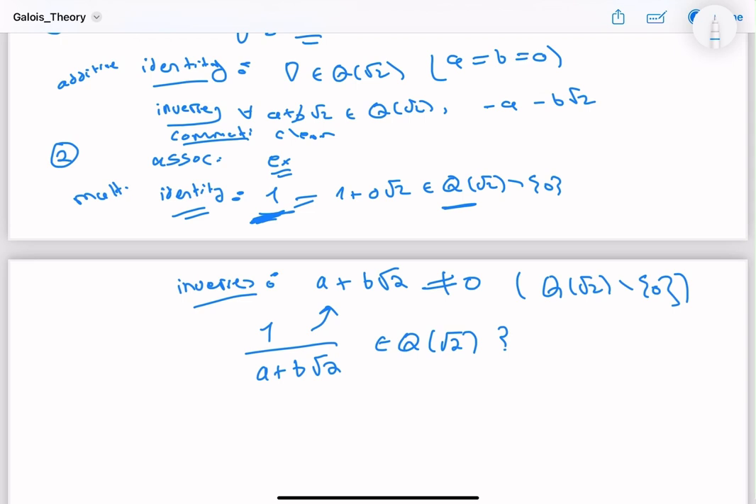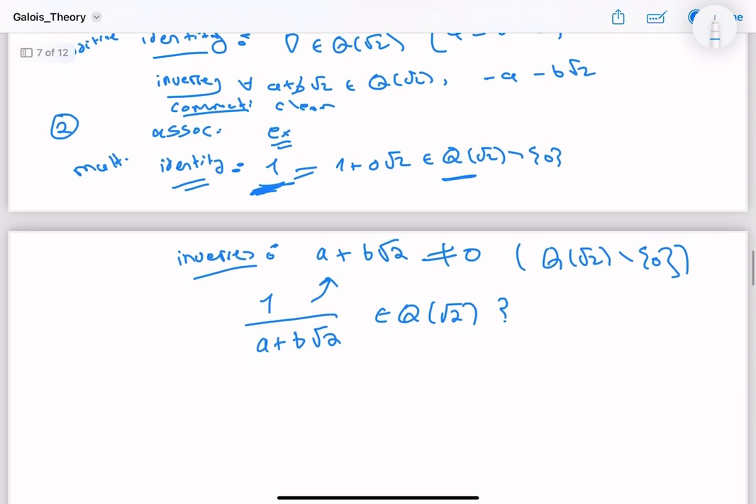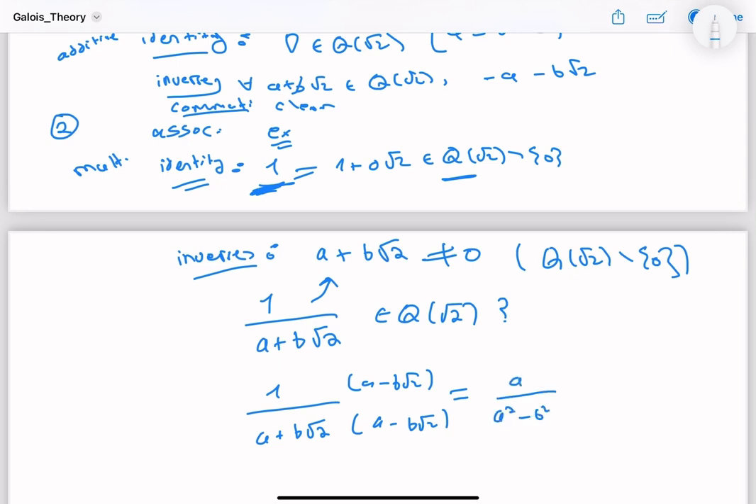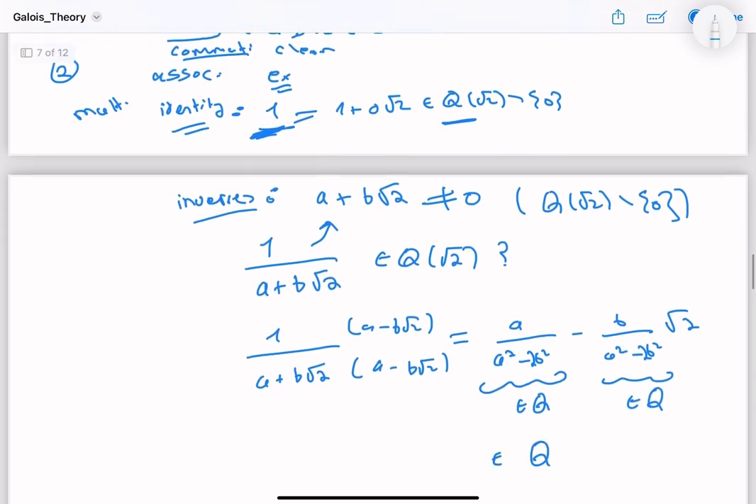Well, it is, because you can just do the usual rationalization trick. So you can just rationalize this thing, and you get the form that you're looking for. If you do this computation, you will get a over a squared minus b squared, there's a 2 here, and minus b over a squared minus b squared, and there's also a 2 here, and there's a square root of 2. So this is also in Q, and this is also in Q. Thus this whole thing is in Q(√2)